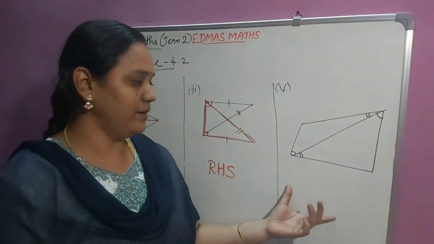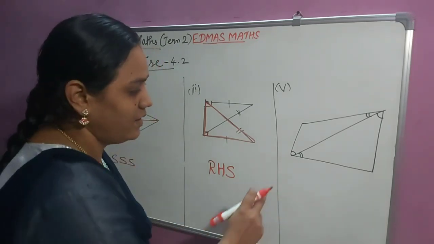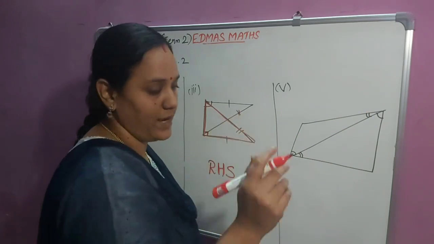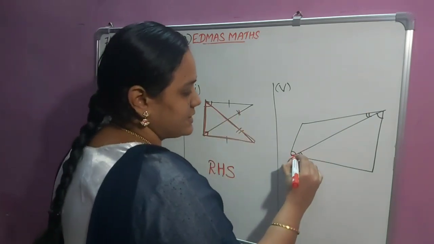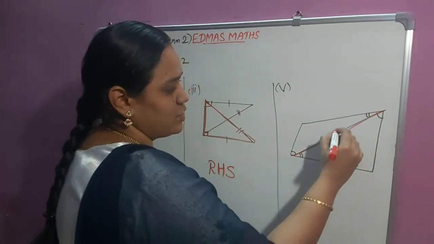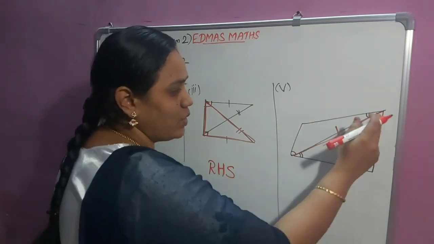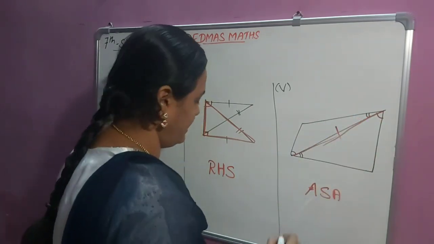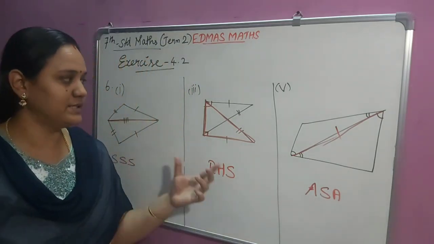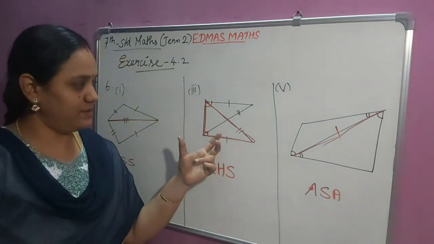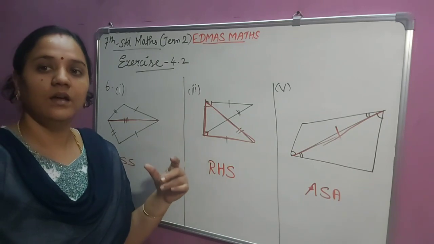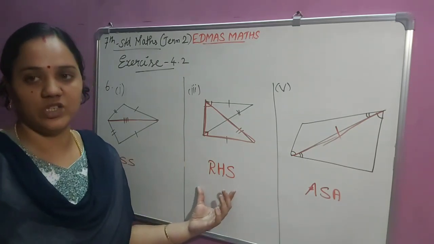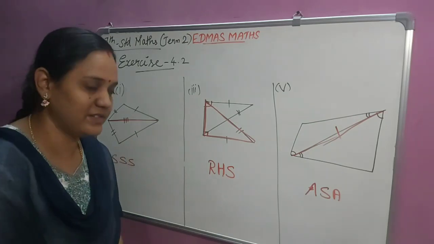The third one, here they have mentioned one angle as single angle, double angle. So two angles and here this side is common, right? So one side. So two angles and one side is ASA criteria, right? So this is a very new one. Since these two triangles are right angle triangles, we can say this as RHS criteria, right hand side criteria.